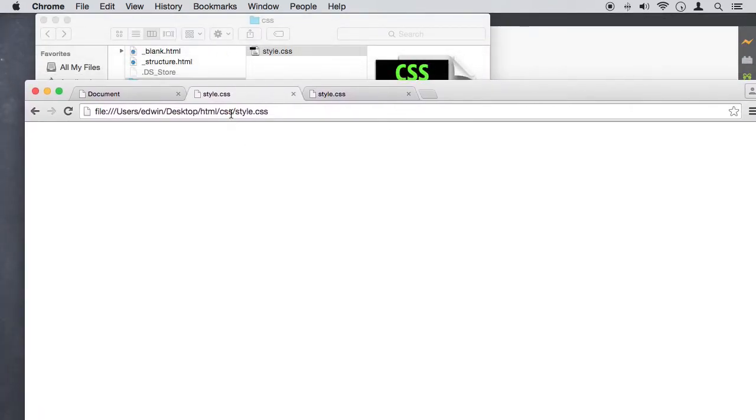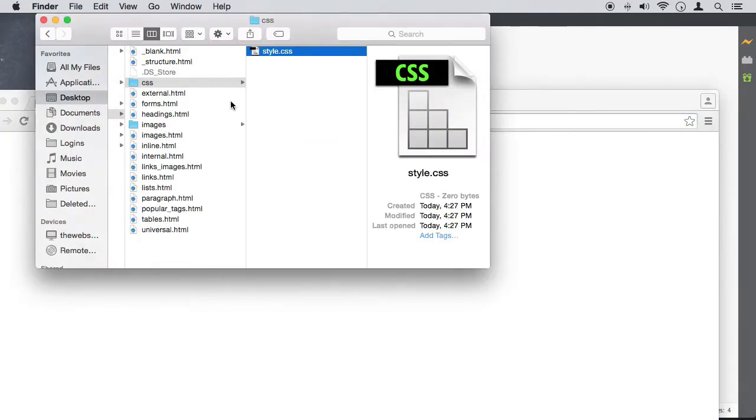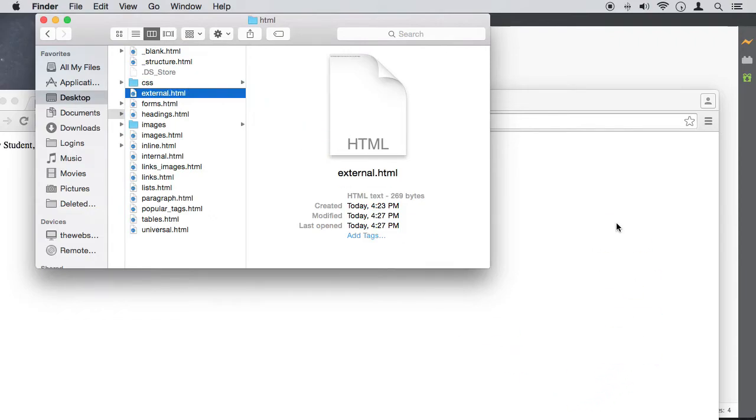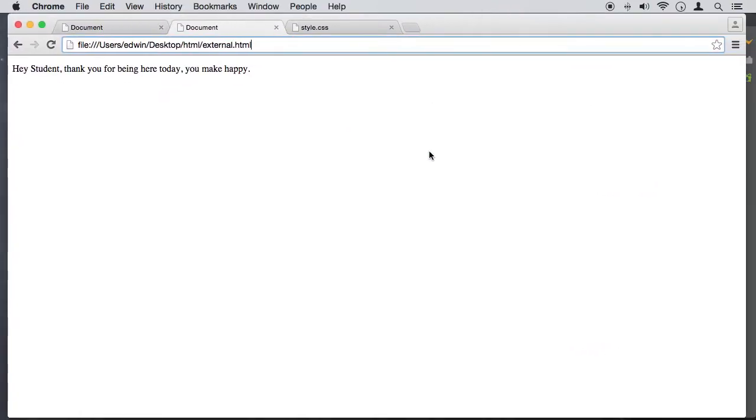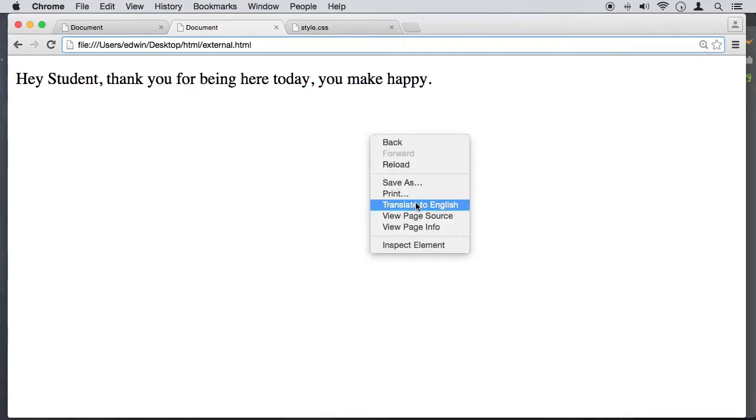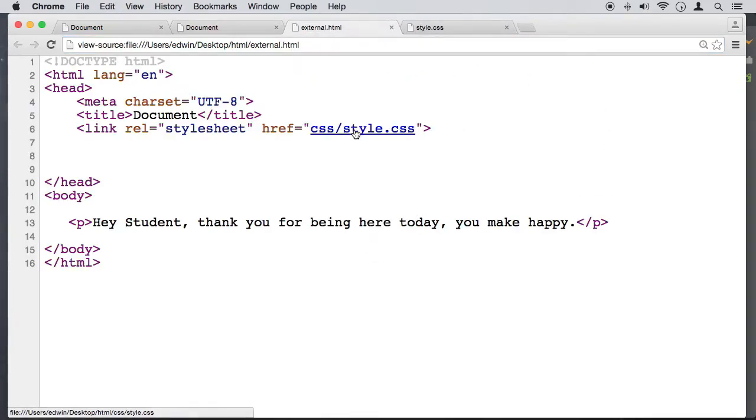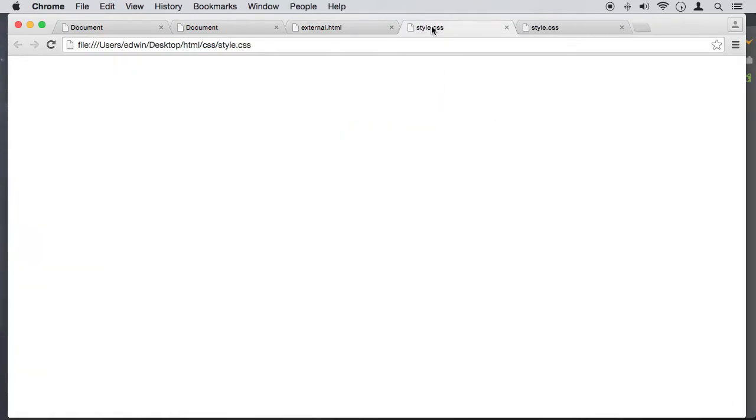So we know that it is working, because if it wasn't working, the page would tell us that the file was not able to be found. So we know that this file exists. That's one way of knowing. But another way of finding out if it's really linked is to drag external.html in here, make it a little bigger, right click on it, view page source, and here you see we have a link. We can right click on it and open new tab,